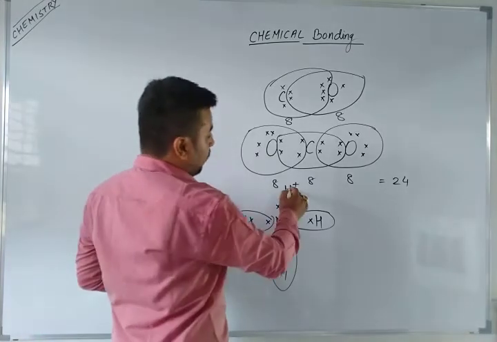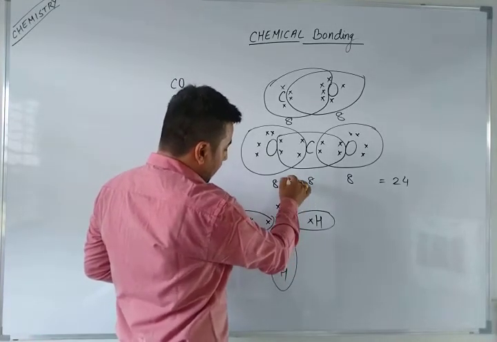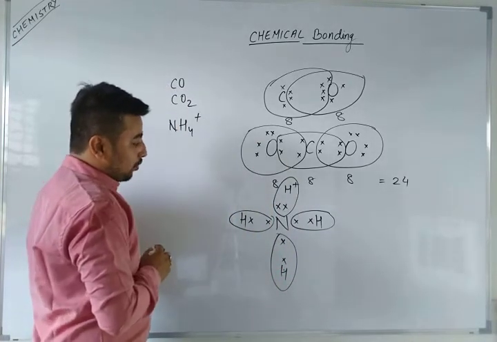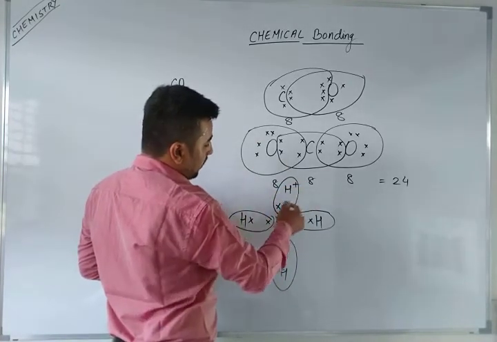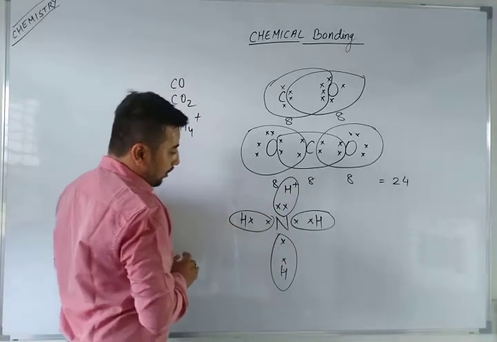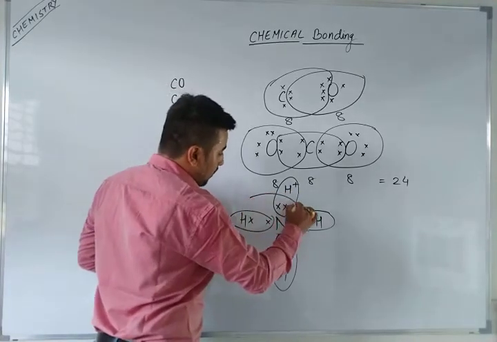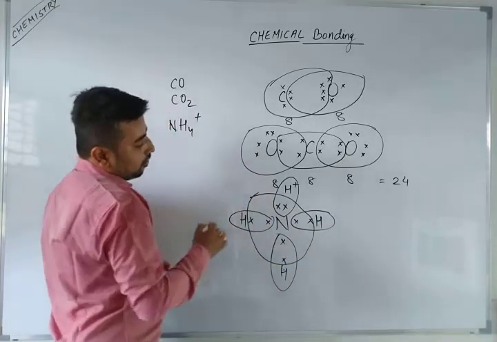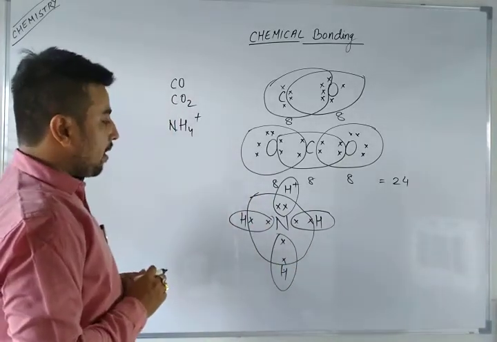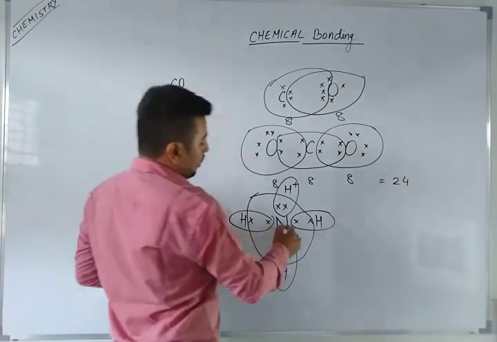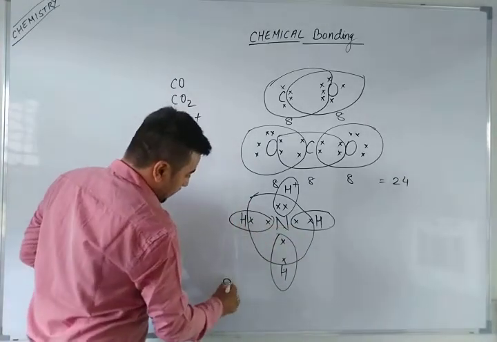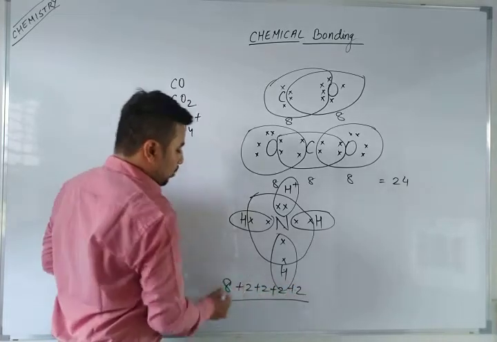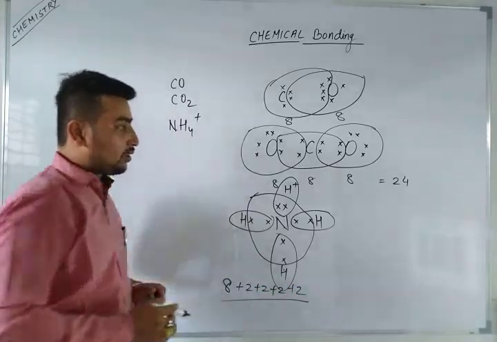Now suppose the hydrogen has lost its 1 electron, and both the electrons hydrogen has occupied. Now let's talk about the nitrogen. Nitrogen already has lost 1 electron and the 2 electrons have been shared with the hydrogen atom. So this will be the valence dot structure of ammonium plus ion. Remember, dear students, if anyone asks you, nitrogen has 8 electrons, hydrogen 2, hydrogen 2, hydrogen 2, hydrogen 2. So total number of valence electrons 8 plus 8 is equal to 16.